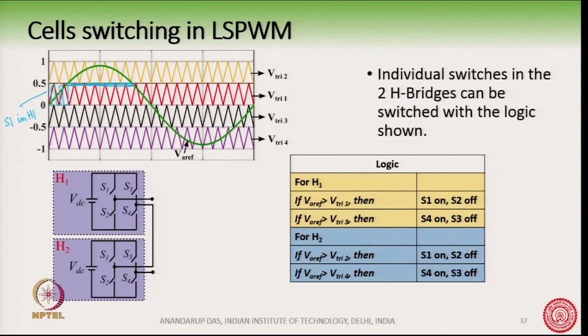Here it will be sometimes turning on and off, that is doing the pulse width modulation, whereas during this portion of time VRF is more than V triangle 1. So, it has been completely turned on, and during this portion of time,